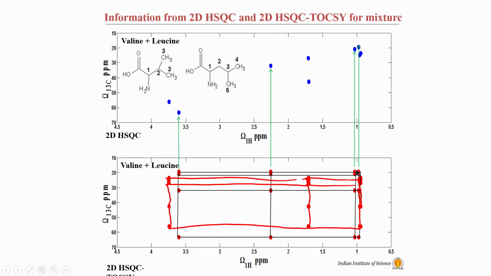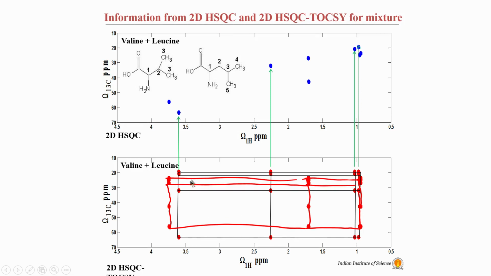If it looks like the amino acid leucine or glutamine or any other amino acid, we then assign it to that respective amino acid. Similarly, we may find another spin system which is connected to each other, and it may correspond to another amino acid, depending on what is there in the protein. So, the protein may consist of asparagine, serine, threonine, or there may be another valine in the same molecule. So, based on that we can say there is another valine or another leucine in the protein, but then we do not know which leucine is which. It could be leucine number 1, this could be leucine number 20 and so on. That information is not coming from here.